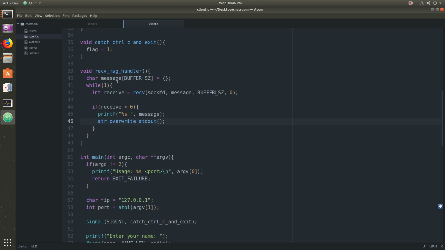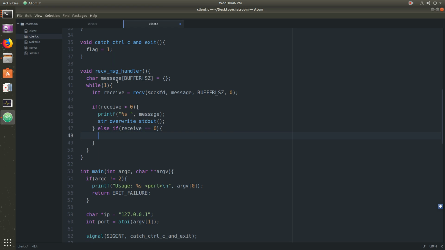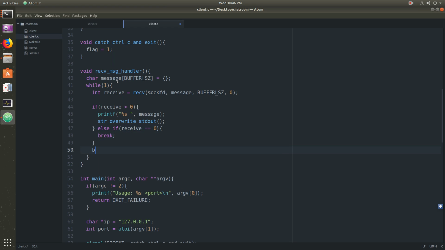Okay, now else if, one more condition, if receive is equal to 0, we need to break because there's an error. Now we need to fill the message with 0, buffer size. Now this is the receive message handler, and like this we have to create the send message handler,